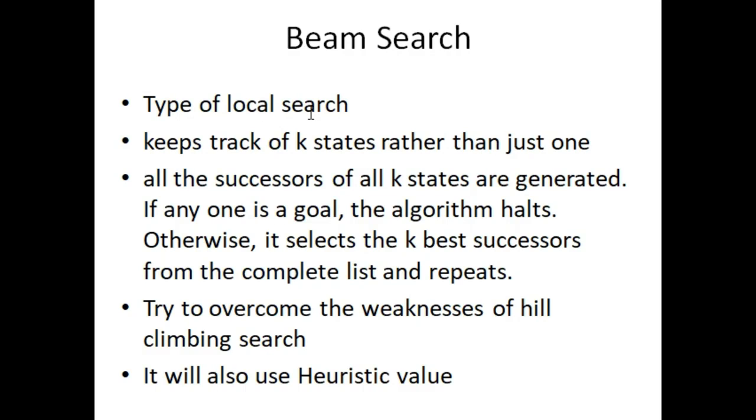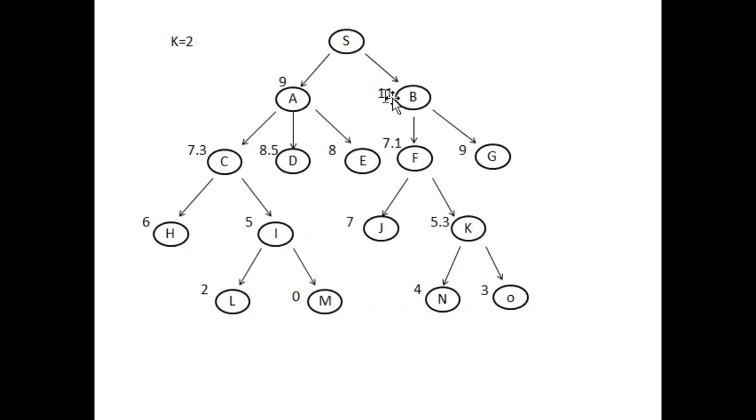We talked about this concept in our previous lectures, that local search is one in which we explore only the current state instead of exploring the complete path from initial state to goal state. The beam search is the second type of local search. It keeps track of k states rather than just one. So in our hill climbing search technique